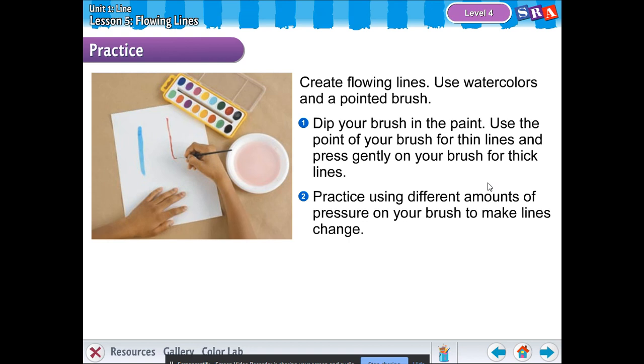And what you do is you first, like I've taught you before, dip your brush in the water to wet it, and then you dip your brush in the paint very lightly. Use the point of your brush for thin lines. You should load it up, make sure it has lots of water. Wipe the excess off, and then gently push your brush down to make thicker lines, and then you can lift it up higher